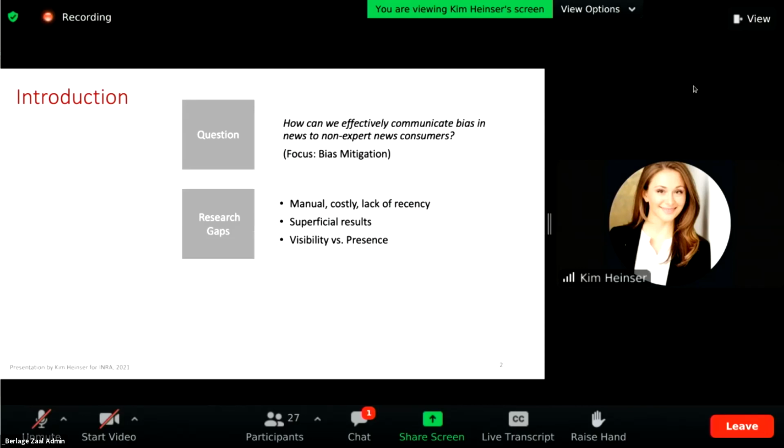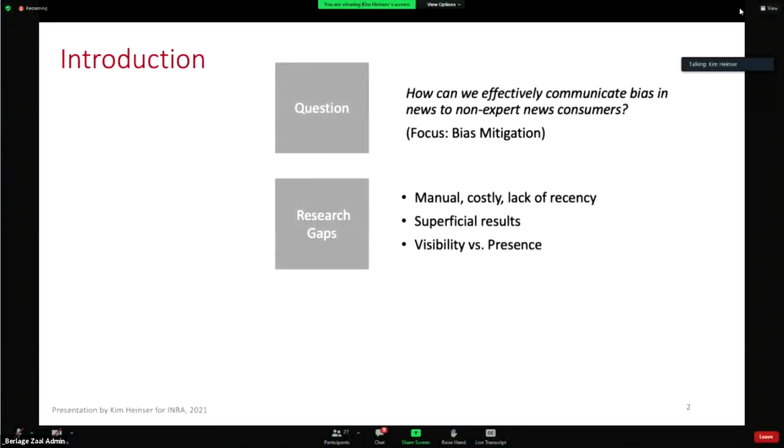And there have been methods before to employ this, but most of them have been manual. So it was manual annotation of an article, for example, of bias sentences and certain styles that indicated bias. So this, of course, is very costly. The results often were more superficial, so there were very sophisticated IT approaches behind it, but the actual analysis of whether these approaches have an impact on consumers, so a more social science, psychology approach, has been lacking.